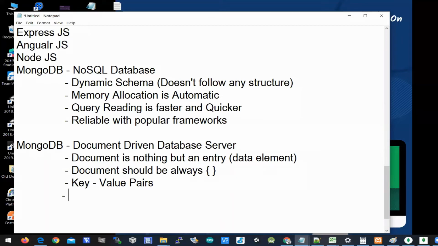A dictionary in Python has flower brackets open and close, and it has key value pairs. In a similar way, in MongoDB a document should always be enclosed in flower brackets open and close. A document is nothing but a piece of data element which is going to be stored in the MongoDB server.